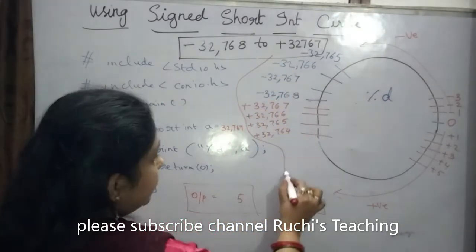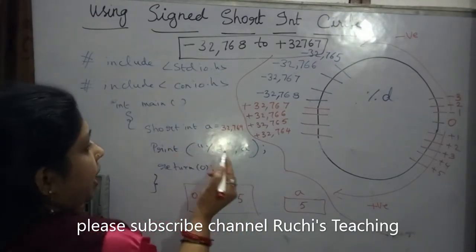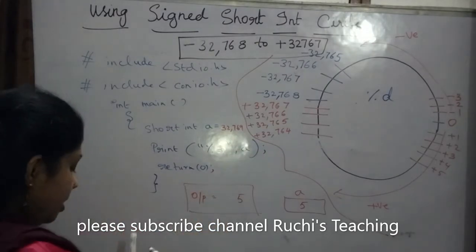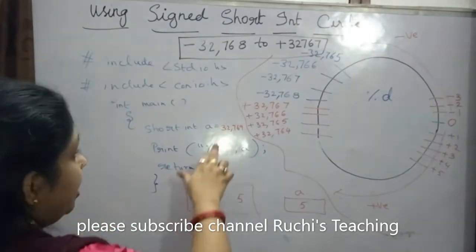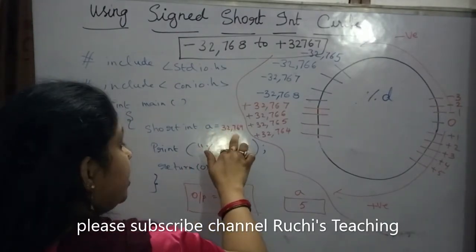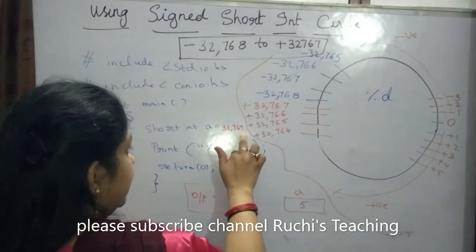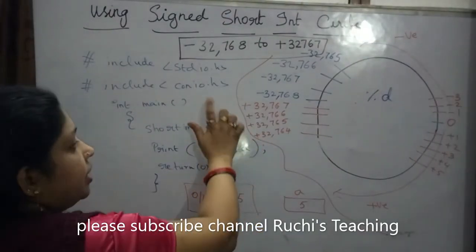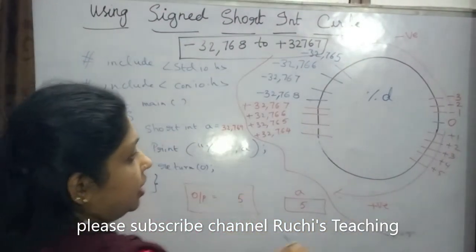So just don't get confused. Okay, this is the program. A value I am giving: 32,769. Now just think what happens. When you have given this value, what is the value here? 32,769. Right? The moment you have given this value, the compiler enters into this circle and it will check whether